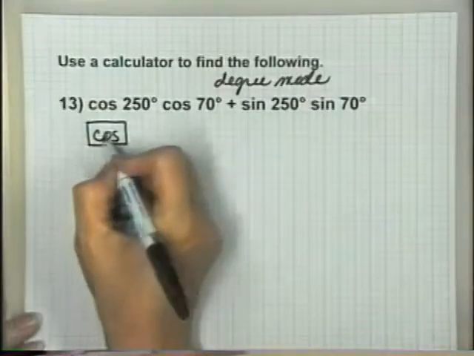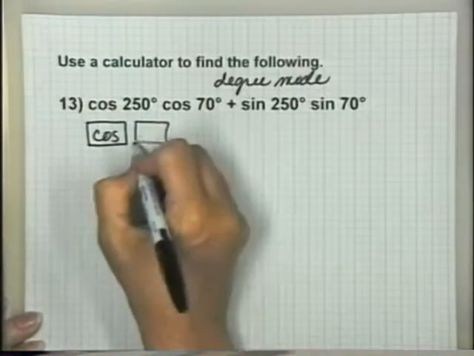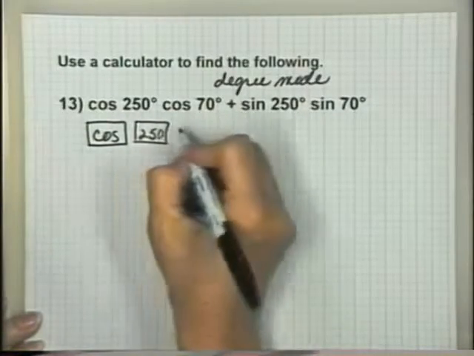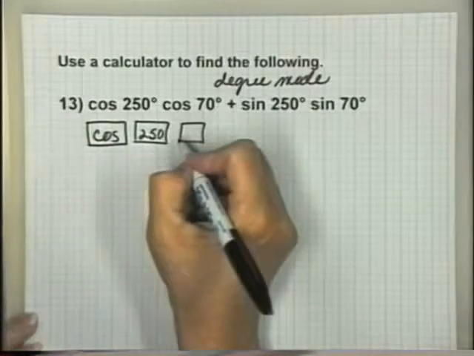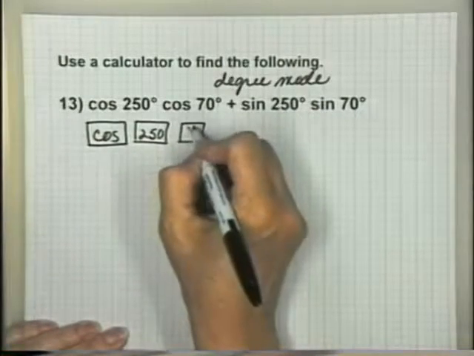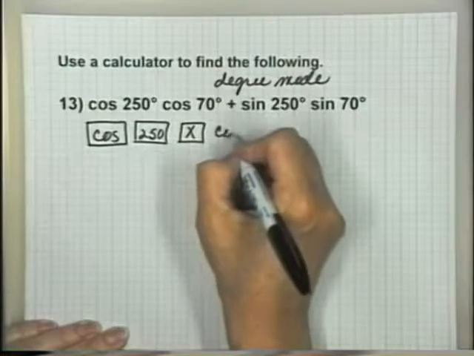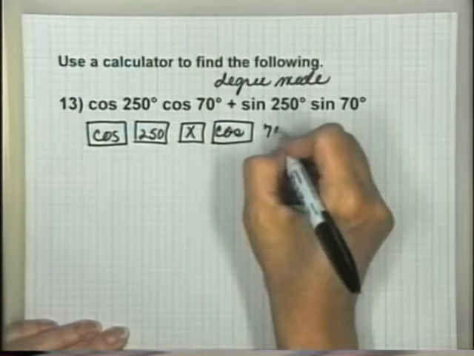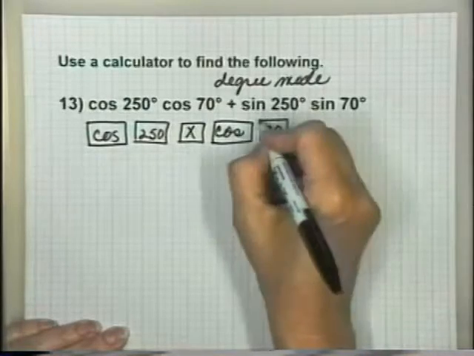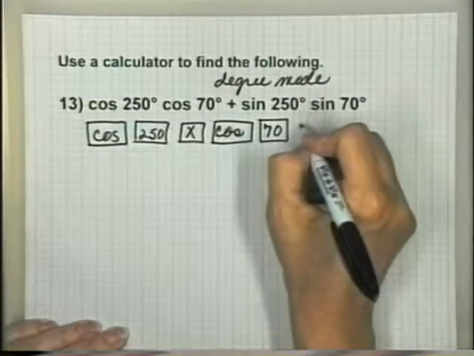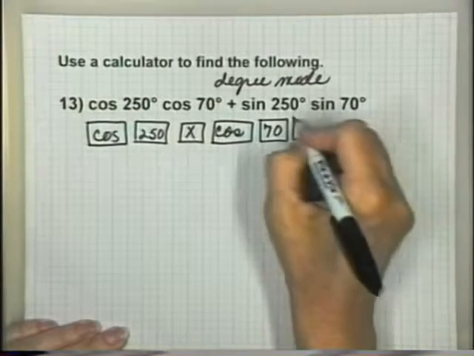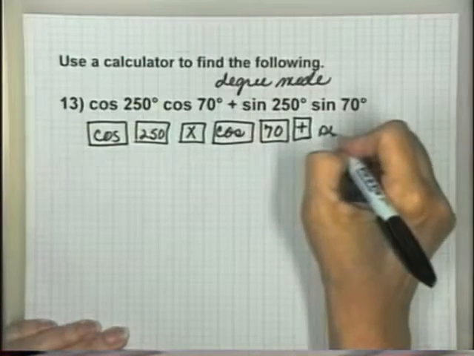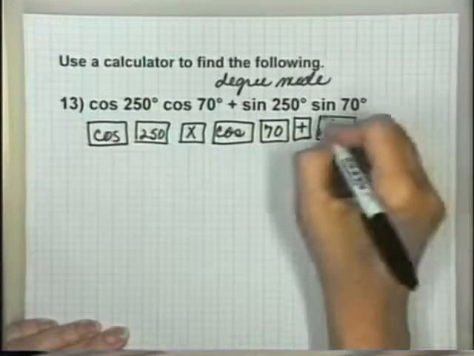But then you'll push cosine 250. Hit your multiply button, cosine 70, then you'll add sine